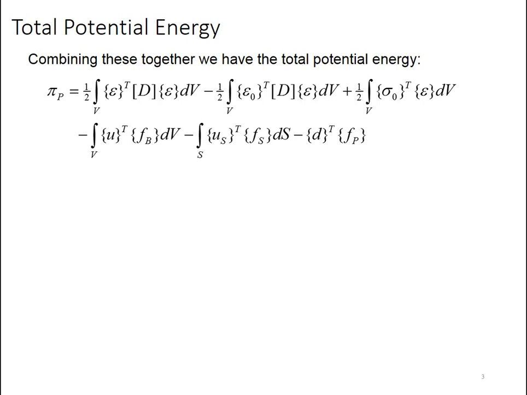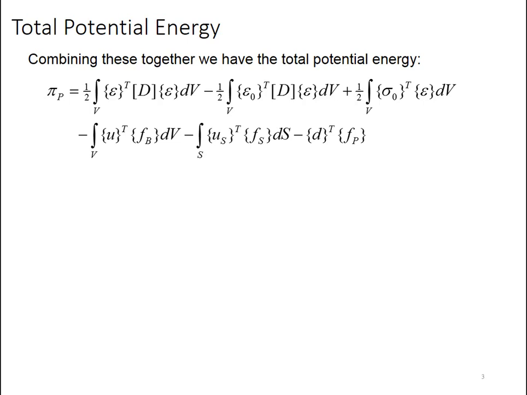And then I'm going to have 3 terms that integrate, 2 of them, well, 1 over the volume, 1 over the surface, and then the last one is simply the product of all of the nodal displacements that have forces acting on them. So a total of 6 contributions for potential energy. What I want to do is express each of these in terms of nodal degrees of